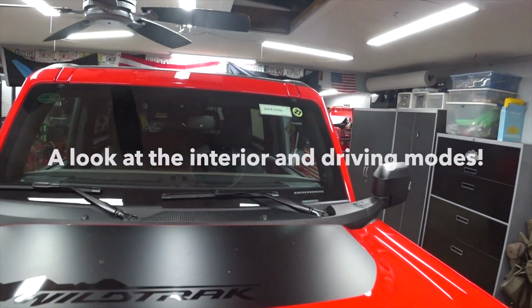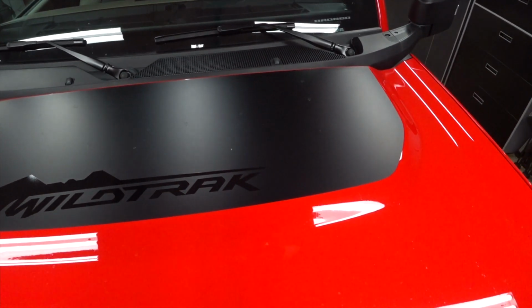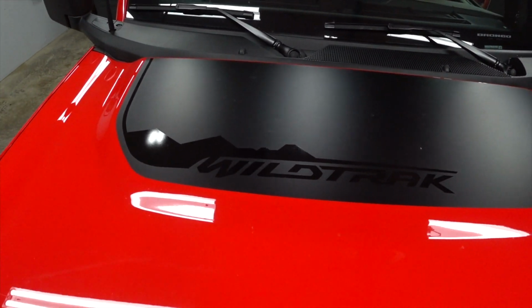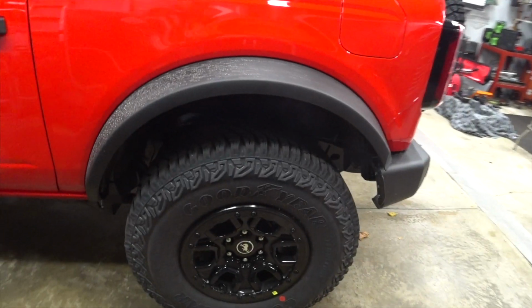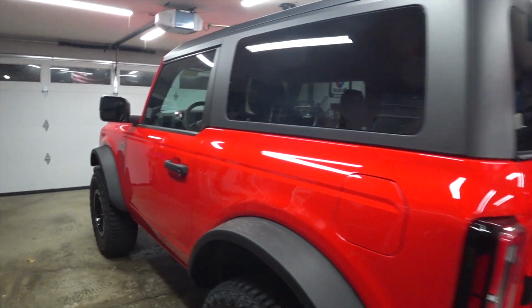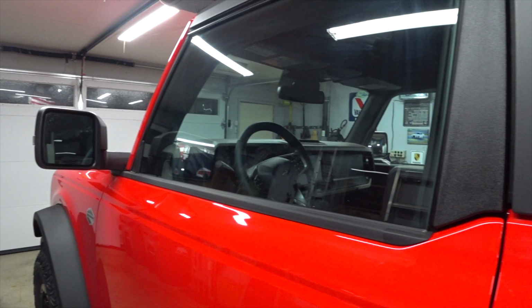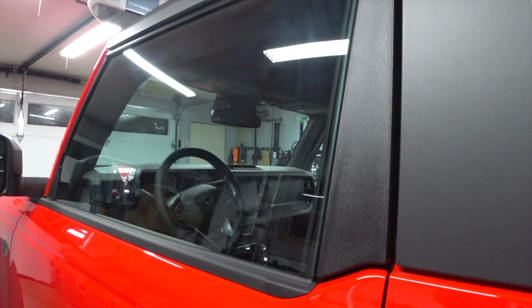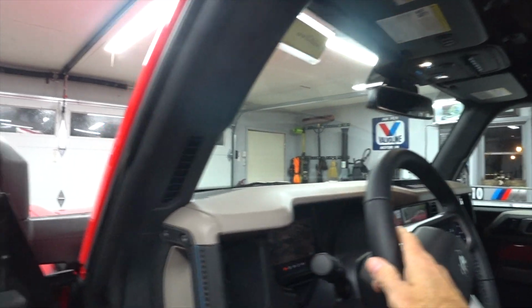I've started on the de-stickering. I've got a few more to go. Now that it's cleaned up a little bit, I thought I'd show that WildTrak emblem there. I did save one thing for you guys to watch me peel off. So let's go inside and see if we can peel that sticker off of